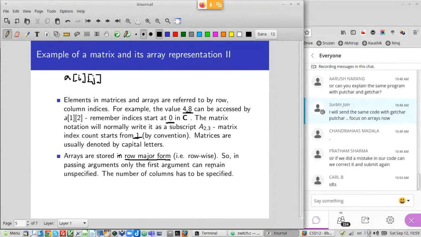And because of that, when you are passing arguments, only the first argument can remain unspecified. The number of columns has to be specified, because it needs to know where the next row will be, right? If both are not known, then you have a problem. So you have to specify the columns, because two-dimensional data in C is stored in row major form.